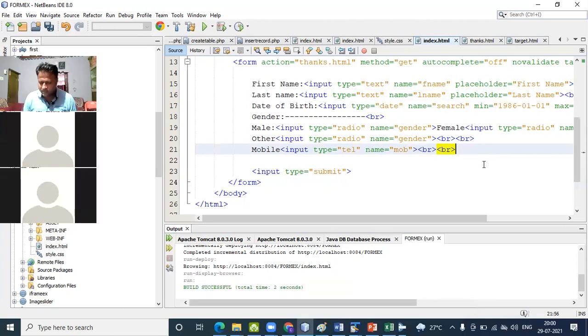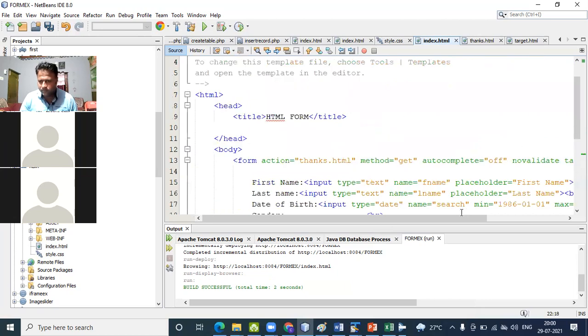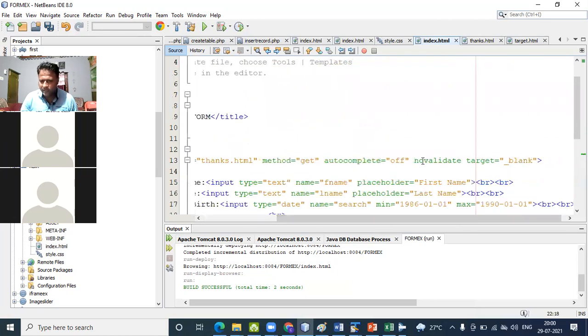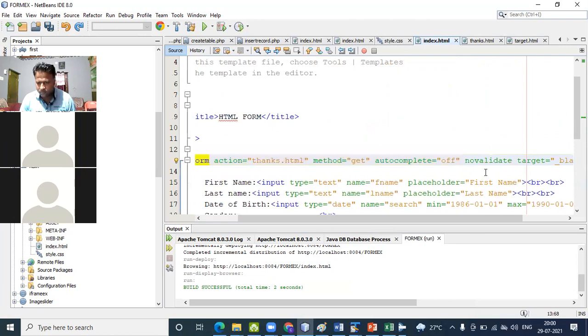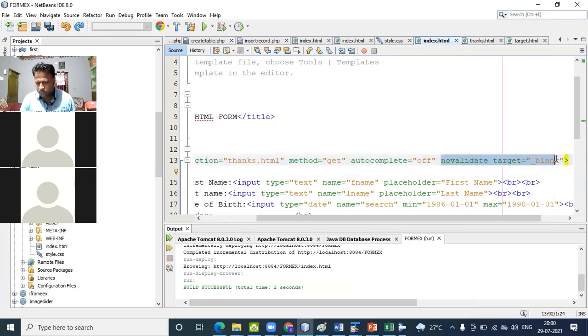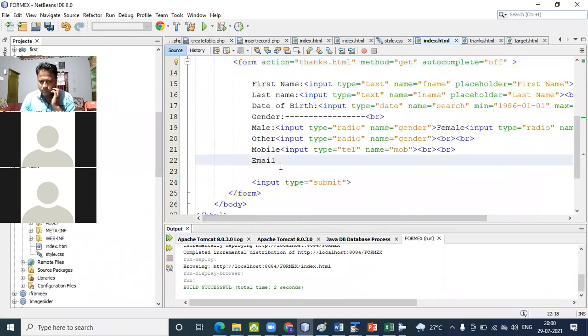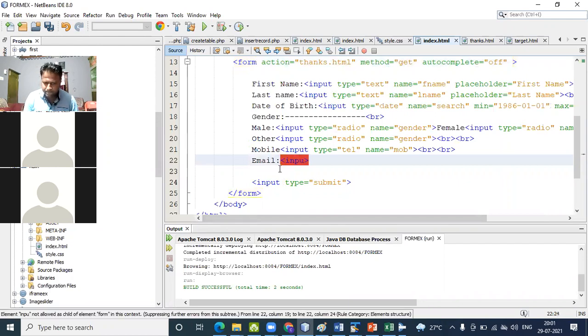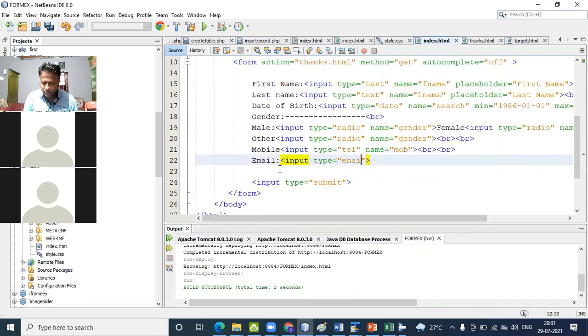Then we have to pass email. No validate, that we have to use validate. Input type equals to email.